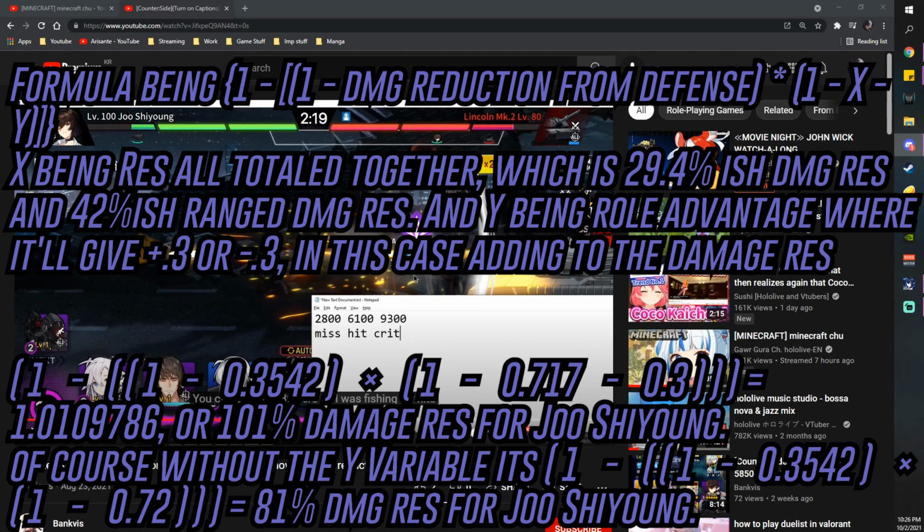Basically, that's how it would look if you were to input res for Xiang: range damage res and ground damage res all calculate together, as well as her basic defense, which is around 35%. So, without the parentheses, it would look like 1 minus 0.3542, which is 35%, multiplied by the final product of all the sums of the anti-reses, anti-damages, or roll advantage, all that stuff, right? So it would look like